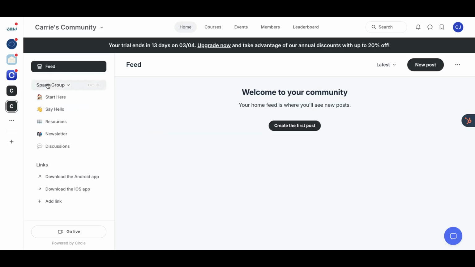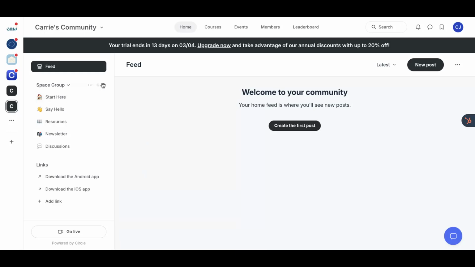So space groups, the way I like to think about them is they're kind of like folders. There's nothing in this group here. There's spaces within it, but this in and of itself, there's no content there. It's just the name of a folder, and then it contains your spaces. So space group, spaces here, okay? And depending on the level of plan you're on, you can have either unlimited numbers of these. You can have, I think, 30 on the business or the pro plan. I can't remember which one it is. But you can have lots of these, and you can have lots of different space groups as well.